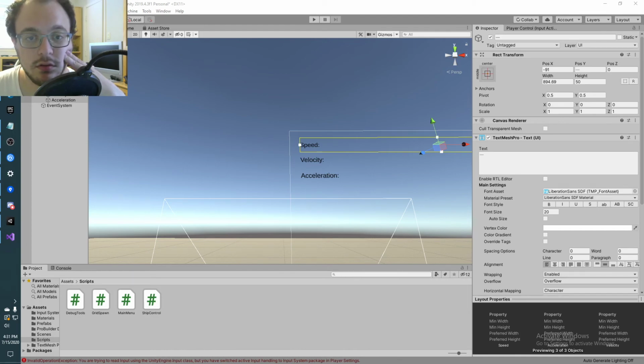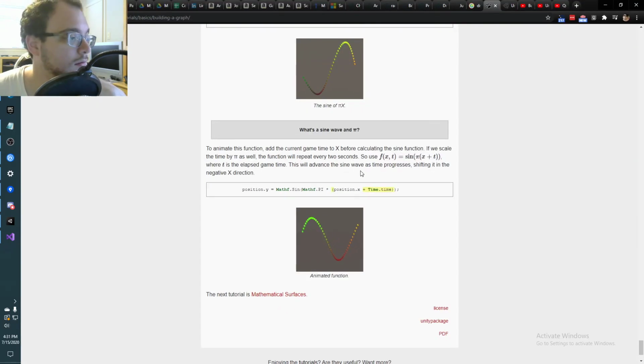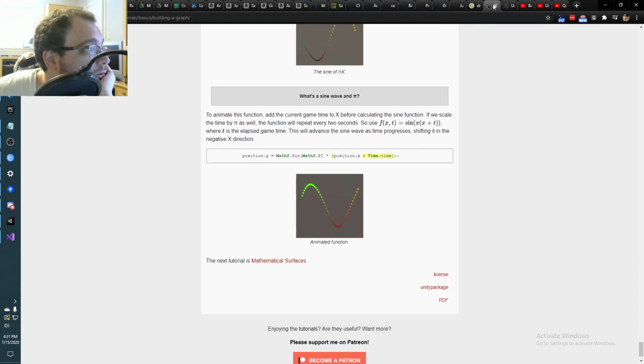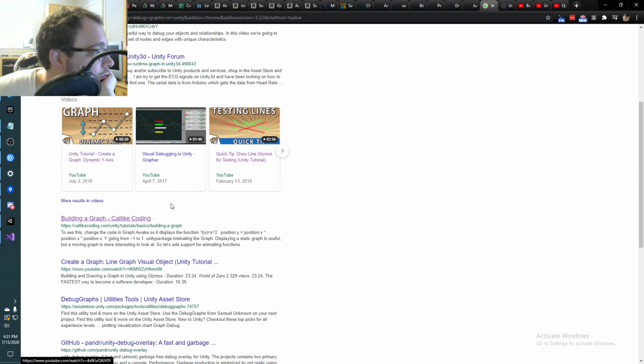Graph. Line of cubes. Cubes are not the best way. This is not, I mean, this is cool, but well, you're not seeing it, but this is not what I was looking for, but